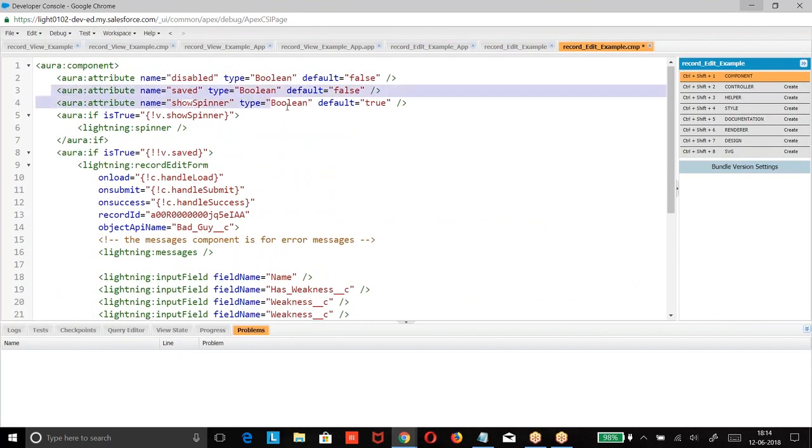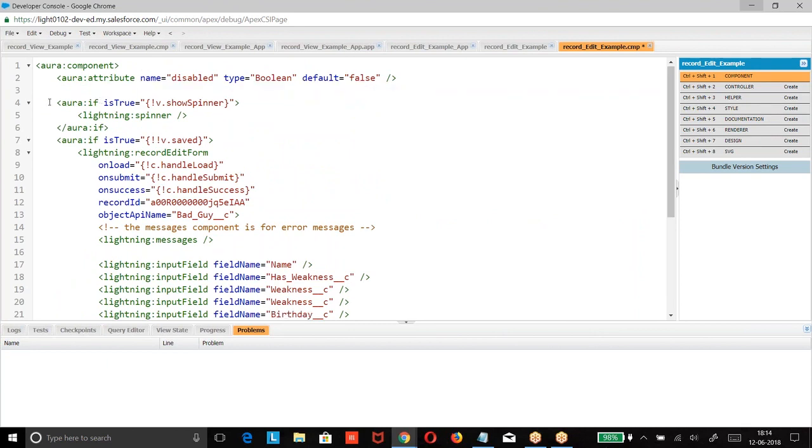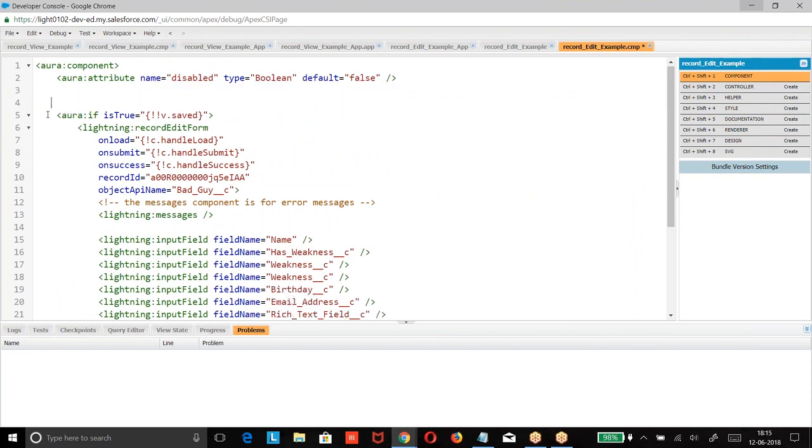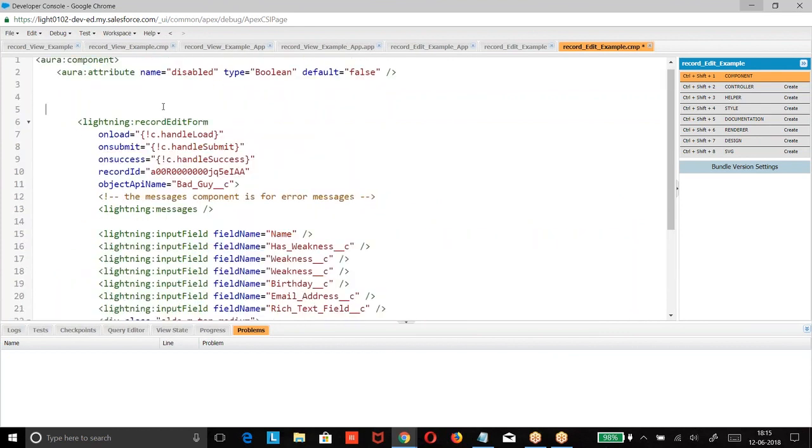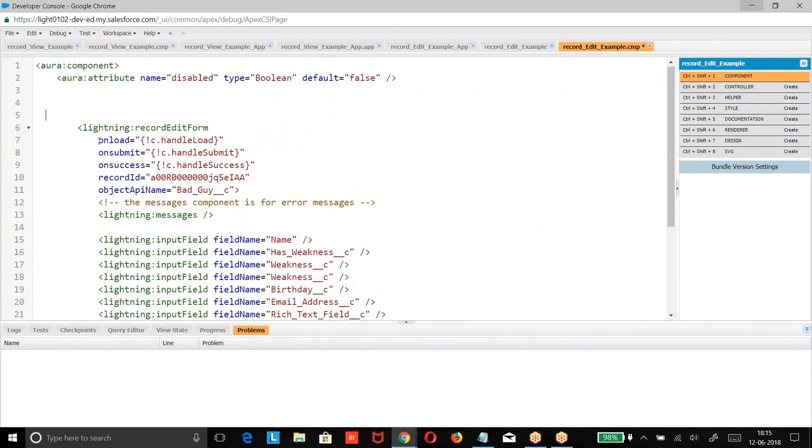Save, disable, spinner. We don't need the spinner now, and I don't need the save. Record edit form. I don't want any events as of now.